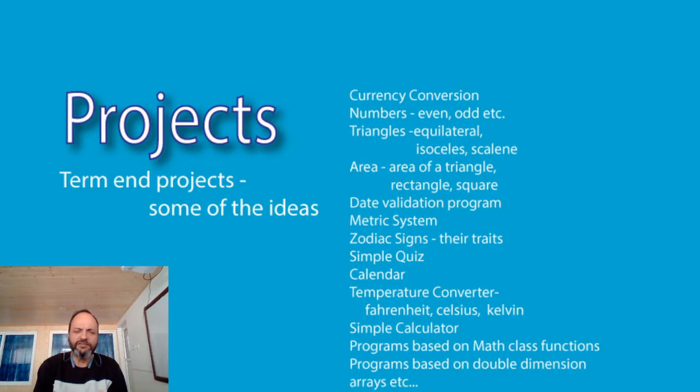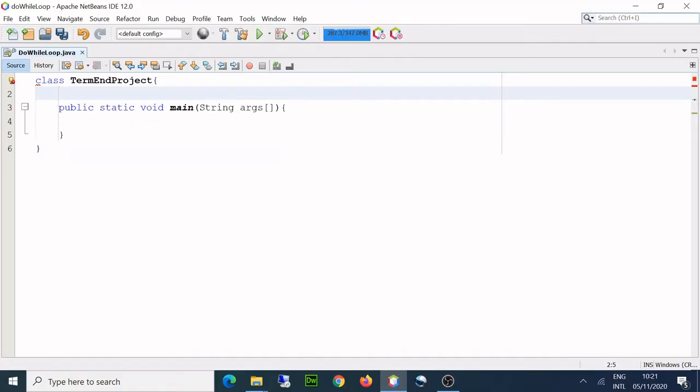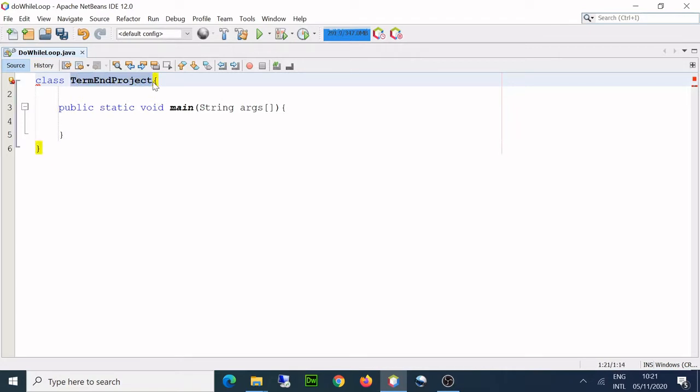So let's get cracking. So here my file is set, and term and project is my class. As I told you before, your identifiers, this is an identifier because this name is given by me, and it has to be meaningful. Okay, that one has to keep in mind. So let's start now. So this is my term and project. I will make 5 methods in it. As I told you before, I will be doing 5 conversions, and each conversion I'll keep in one method that makes it look really nice and simple, and it looks modular.